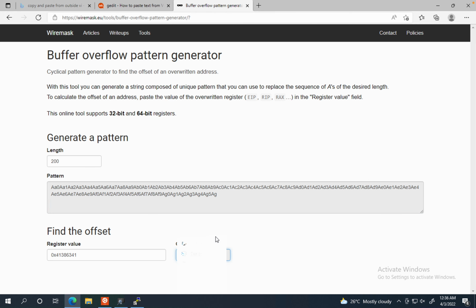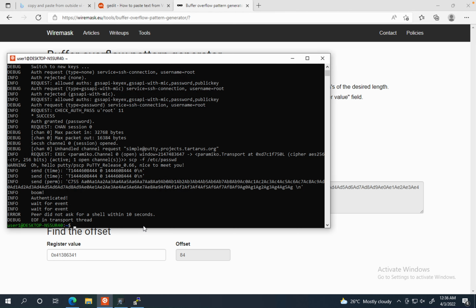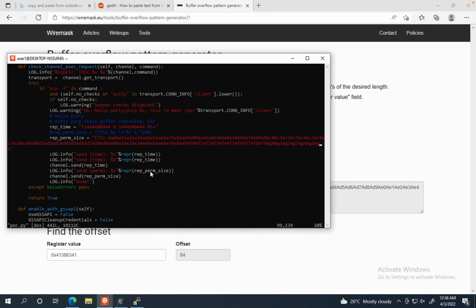So with this information, we know that the 4 bytes after offset 84, which is at 88, will be the value that overwrites the EIP. So now we will try to change offset 88 to an EIP indicator. Let's say BBBB to check if this works. Okay, so we'll go back to our POC file